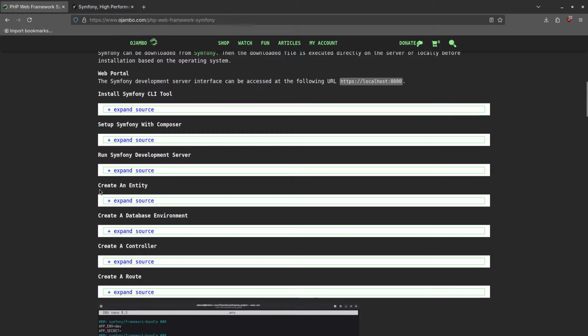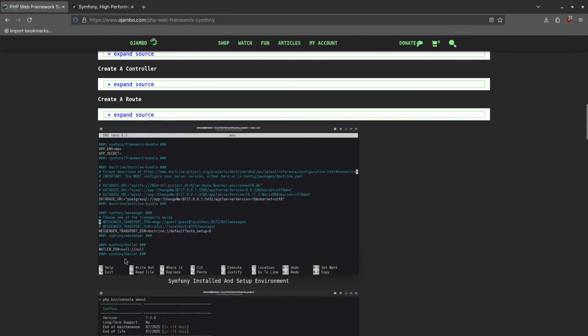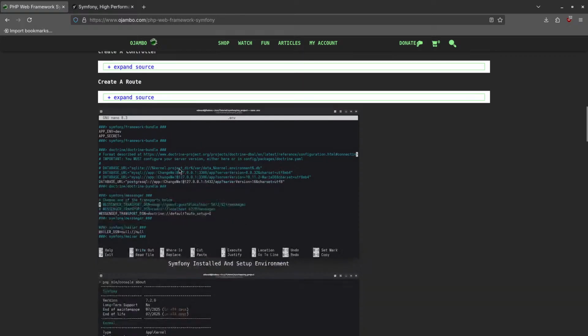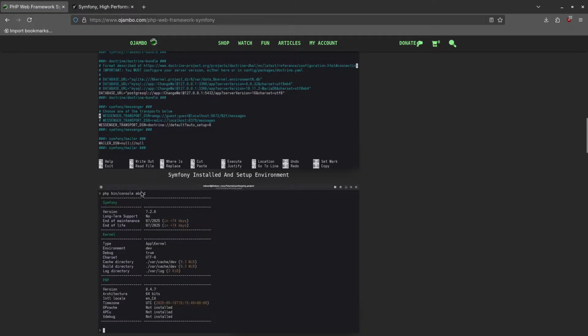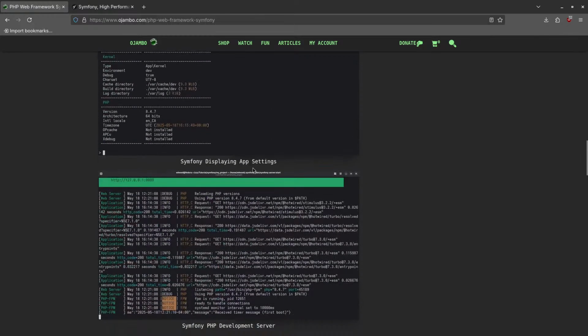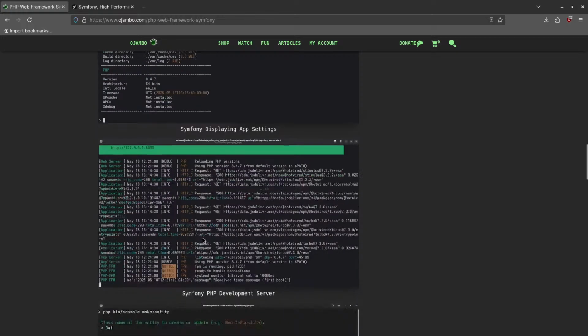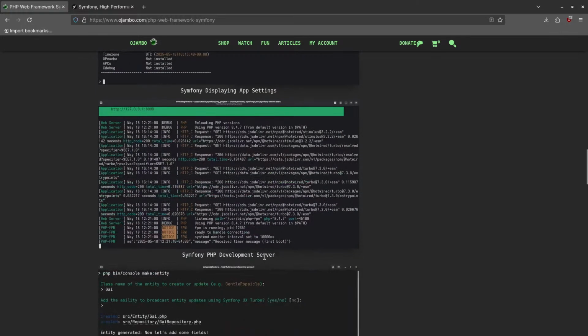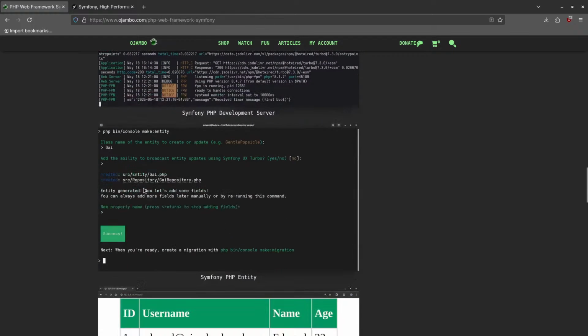And basically you just create entities. We're going to create a database environment, and you create a controller, and you create a route. Okay, and this is the environment, as you can see in the screenshot here, and then you can check the setup environment and display your app settings. This is when the development server is running, and of course